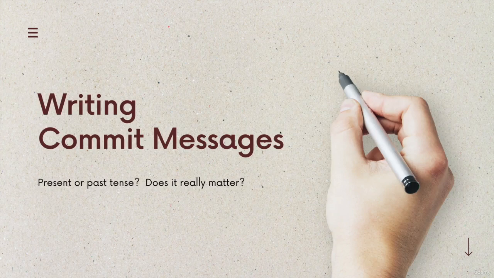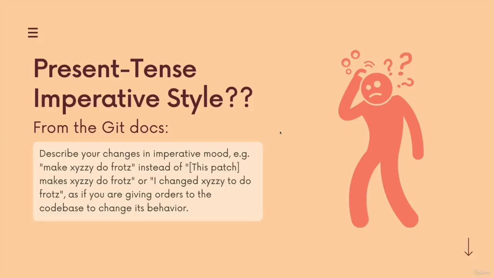Next up, a quick video on commit messages and which tense, present or past tense, you should use while writing them, and does it even matter? This is kind of a weird thing in Git. It always baffled me when I was starting out, but the Git documentation officially recommends that you use present tense